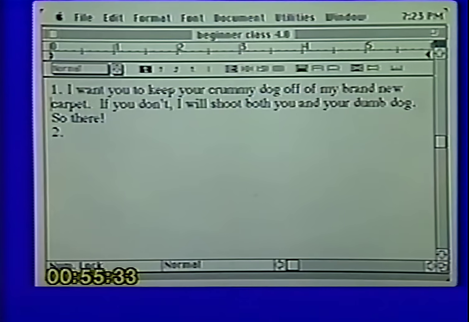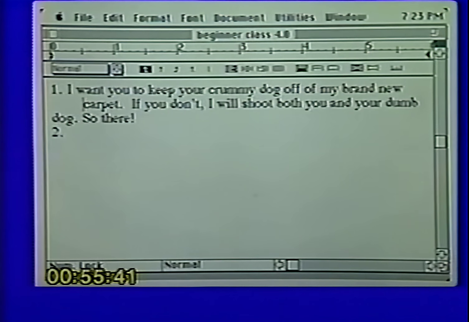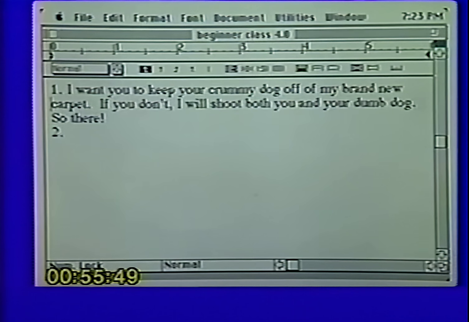Now, when you hit your space bar, and you may not be able to see my space bar right now, but it freezes up. Nothing happens. And you say, well, that's all right. What I'll do is hit my tab key. Now, when you hit your tab key, you get something like that. You say, well, that's not a problem either. What I'll do now is I'll just hit my backspace key. So when you hit your backspace key, then it goes right back to where it was. And about now is when people start getting frustrated.